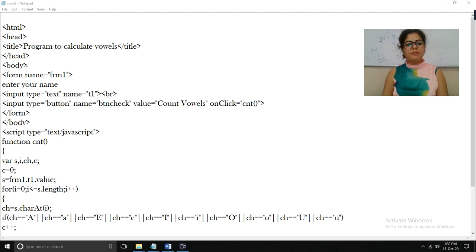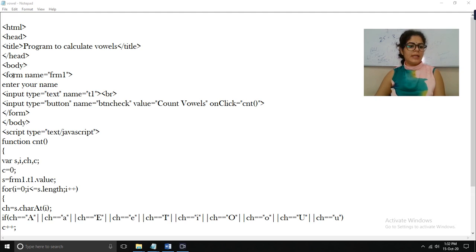We have to create a form because we have to enter the name, and then we have to create a button which will check the string and calculate the number of vowels. That's why we have to create some text boxes on the web page. For this we are going to use a form.